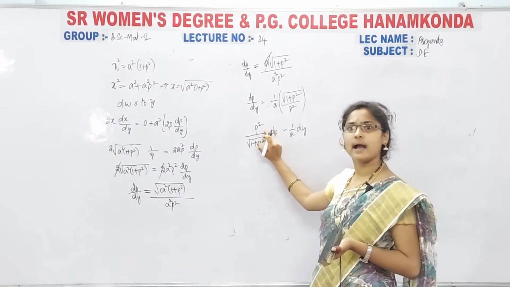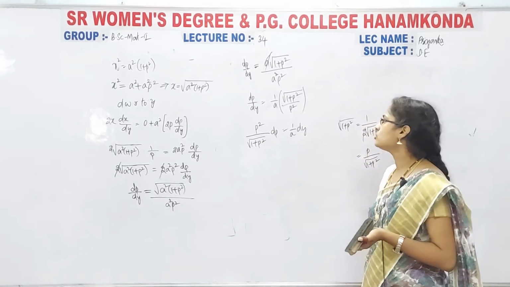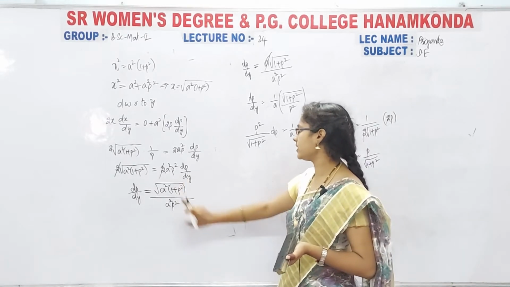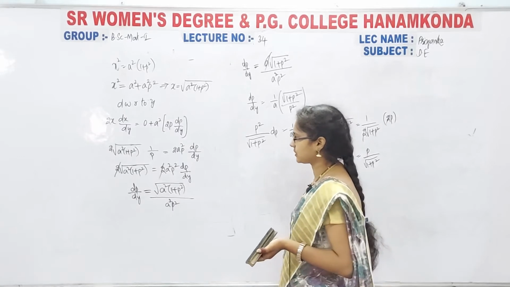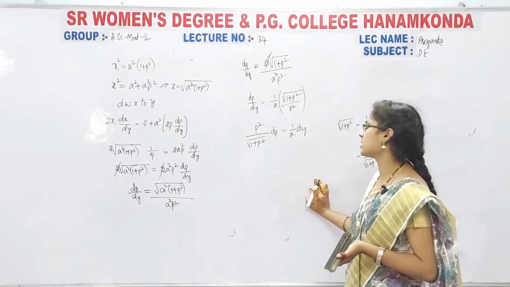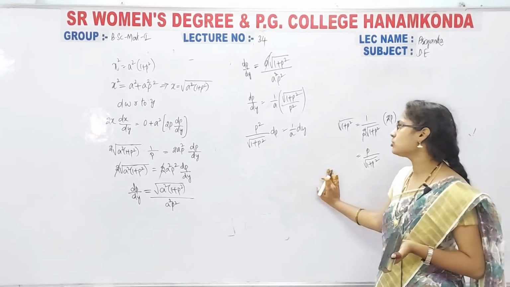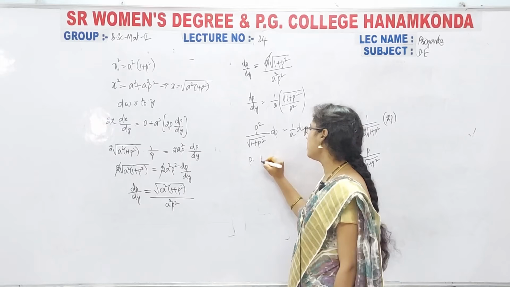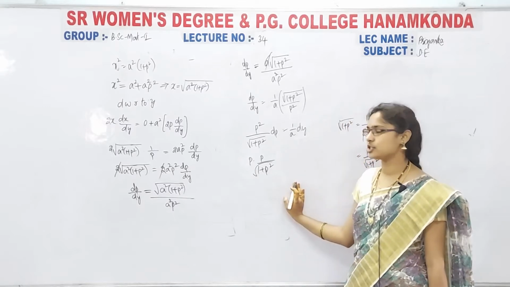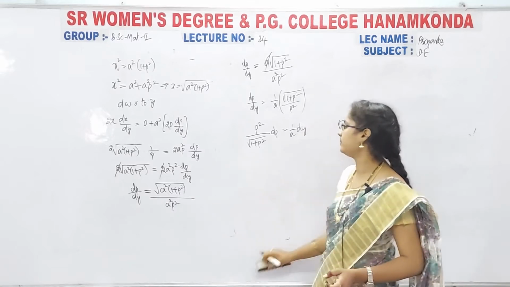But here what I have is p square, right? So if I have p into p square, check once whether it is possible to cancel any p value. Here I have p square. Is it possible to take any multiplication or any division? Simply I am writing it as p of p by 1 plus p square. Of course it is possible, but when we take an integration it is not possible, no?